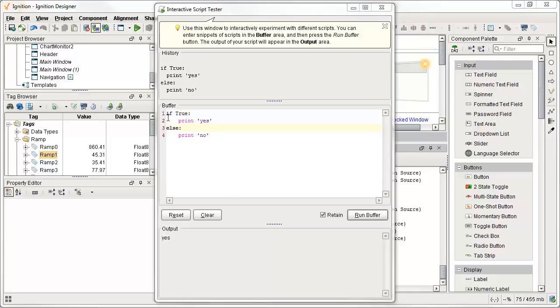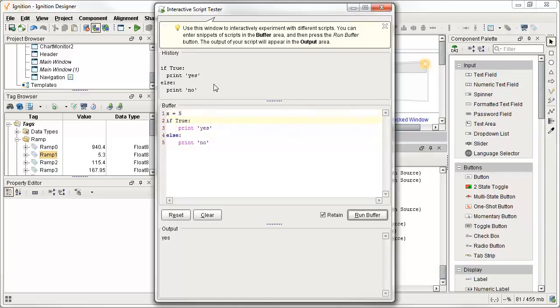Now let's look at how to do conditionals. So let's make a variable, let's say x equal to 5. Now I want to say, instead of if true, I'm going to compare x. So I'm going to say if x less than 5, so the left angle bracket is the less than operator. I'm going to print